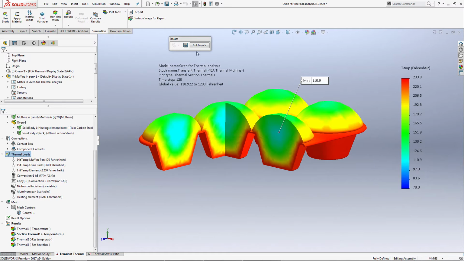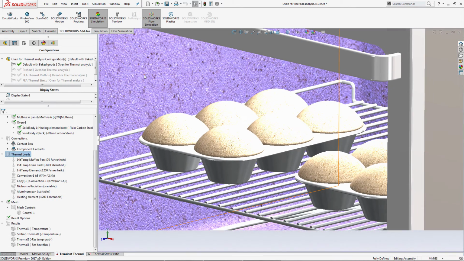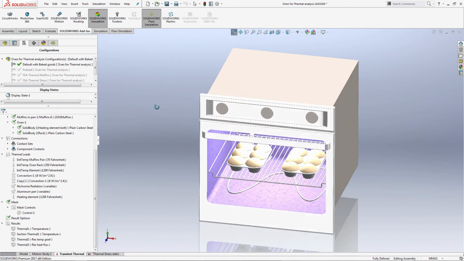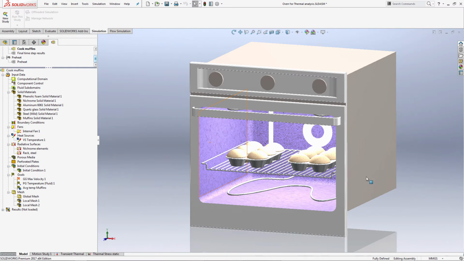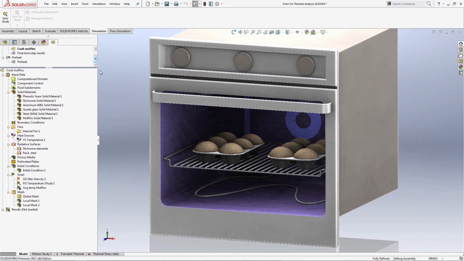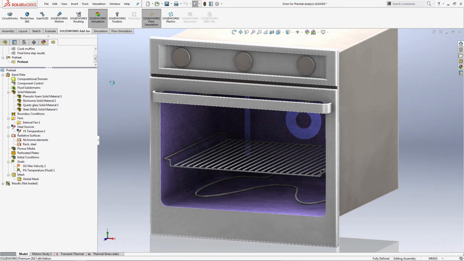So let's move back to our full configuration here and take a look at the solution if we were going to do it with flow simulation. All right, so what I did was first, an interesting pre-step to running a transient analysis, is I preheated the oven. So I'll actually go to that configuration first, and you'll see that I removed the muffins